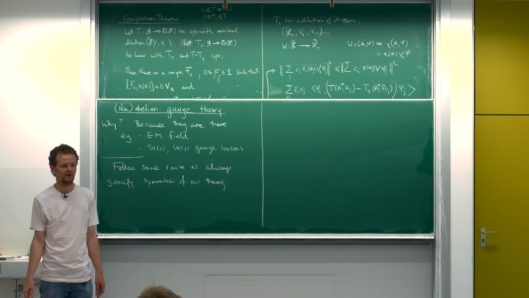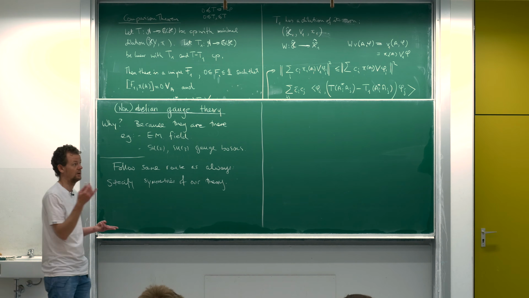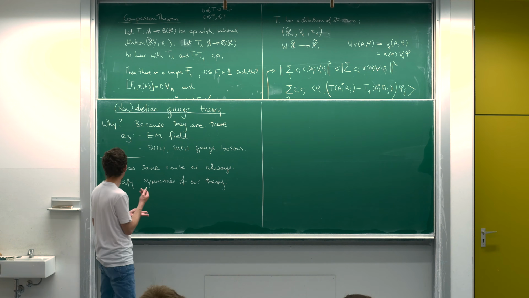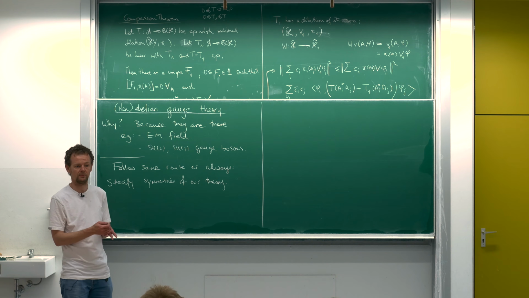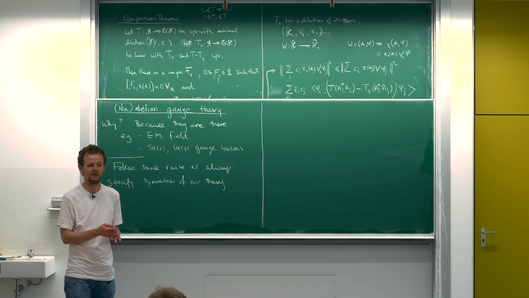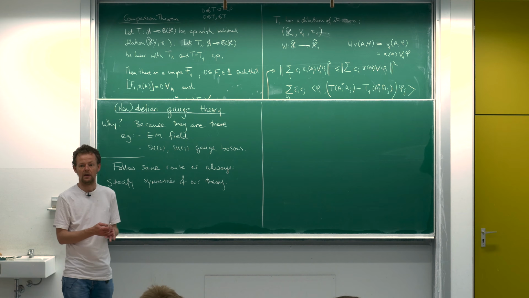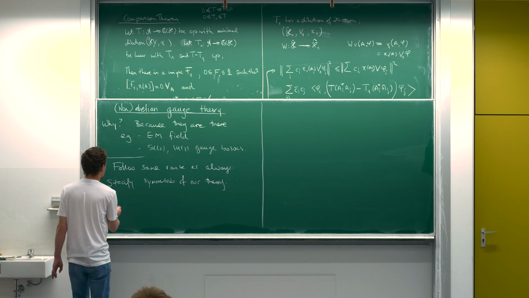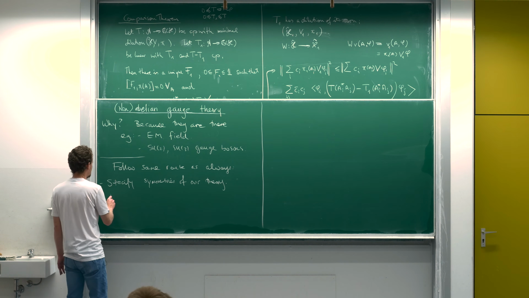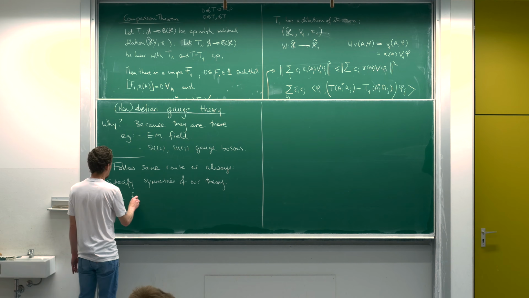What do you expect the theory to be symmetric under? Certainly it's symmetric under time translations. That's something that should be in there. It's symmetric under spatial translations. It's symmetric under the Lorentz group, under boosts. All these symmetries we know have to be represented by whatever theory we build. But if you are aware that there are further symmetries that your theory has to exhibit, then you better make sure that you can represent those symmetries as well. So you specify the symmetries of the theory, and then you look for